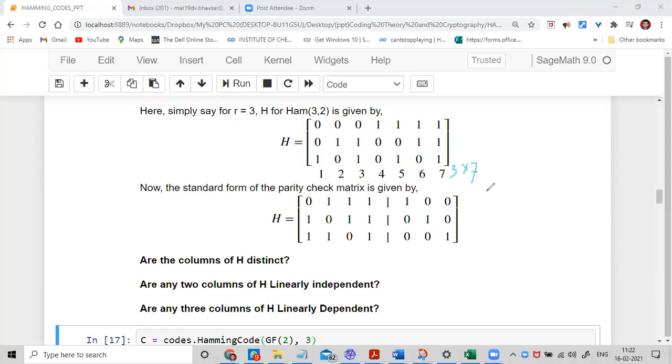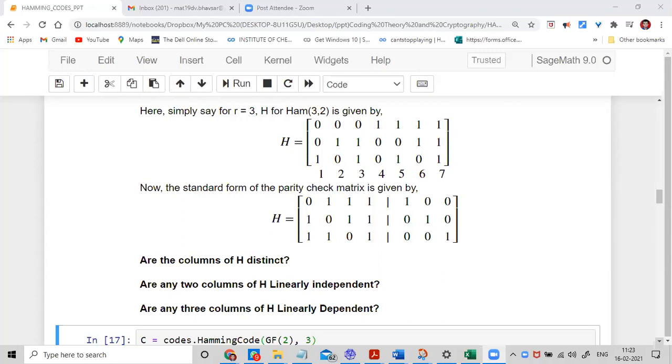So first question, all of you are clear: all the columns of H are distinct. Are you okay with that? Yes. Okay. Any two columns are linearly independent or not? That is the next question. Are you fine with that? Yes, sir. How do you prove it? None of the columns are equal, so they are linearly independent. Are you clear, every one of you? Aditi answered very fast, but of course we discussed.